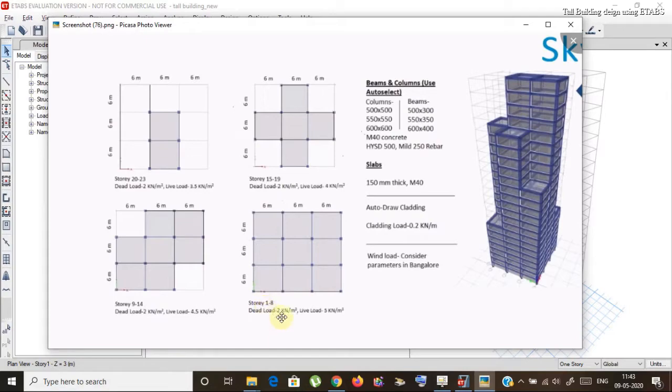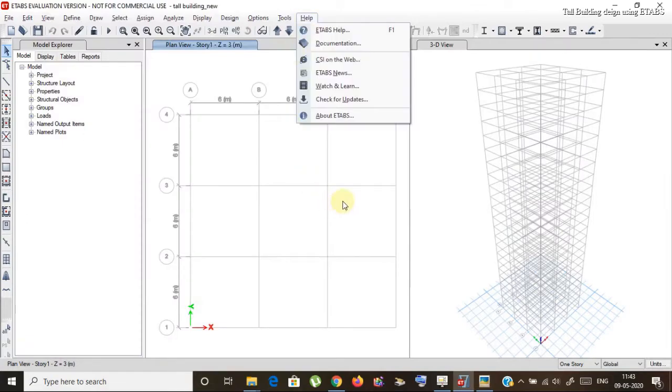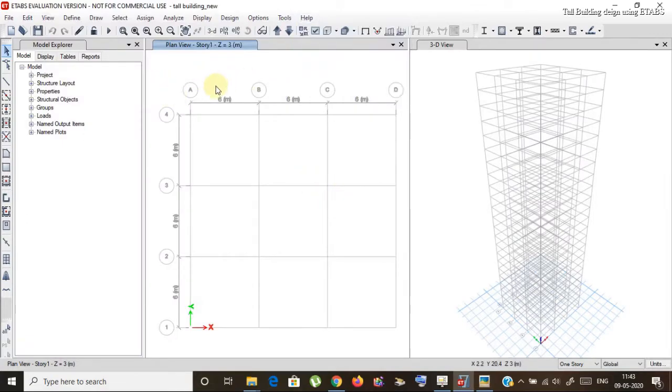So I can see from story 1 to 8, which will be considered as similar story. This is the plan view and this is the position of the columns. I will use the shortcut keys for the columns and beams to draw the structure,